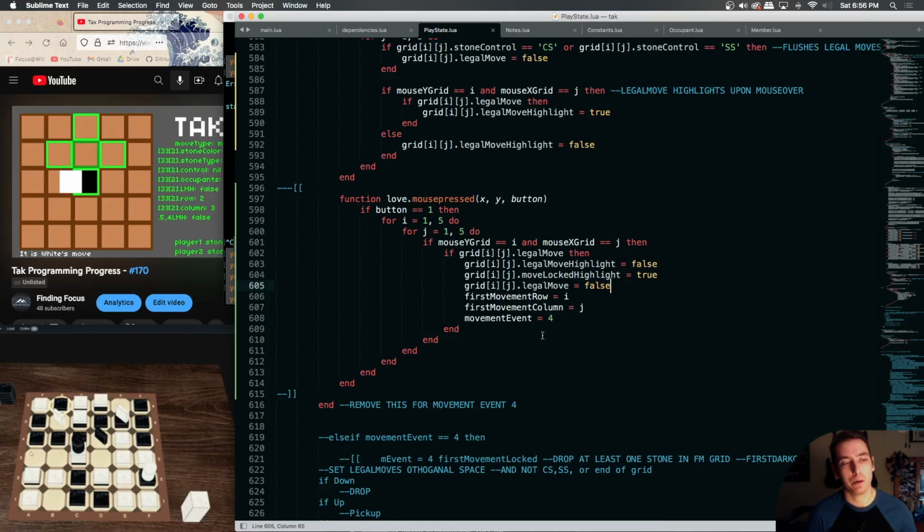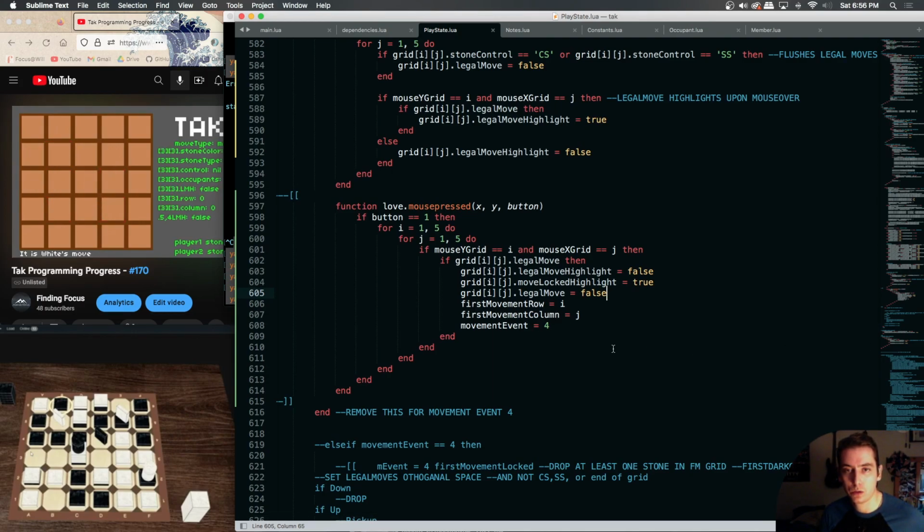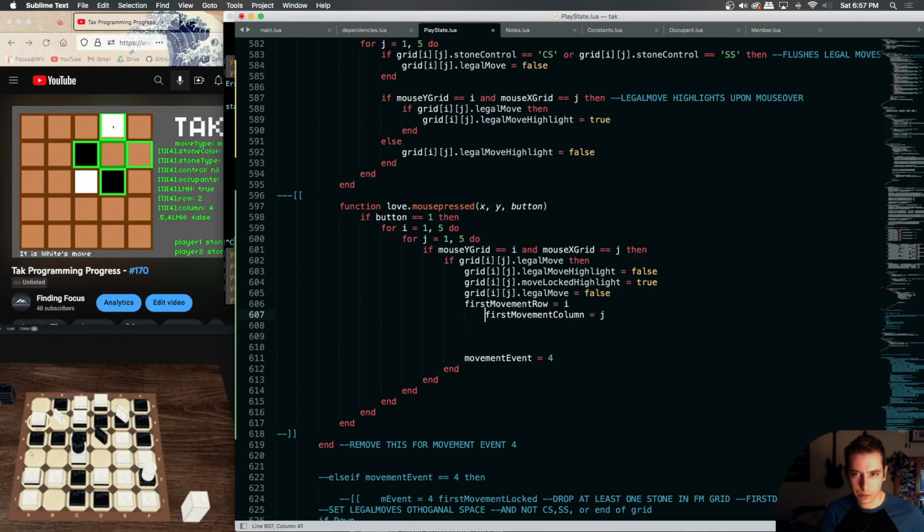So all we do is compare those two variables, and I guess after we do the first movement assignment, after we do the mouse button press. Actually, upon mouse button press, we should set this. So let's do this here. We get our first movement row and column. Then we're going to say